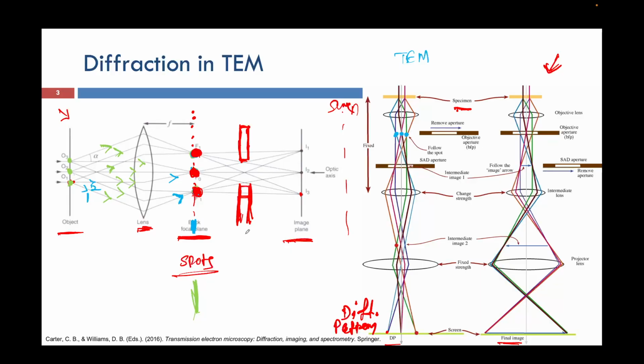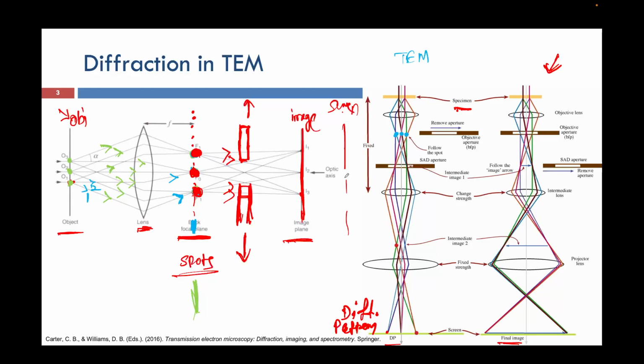Now what I did, I will remove this SAED aperture, that means the selected area diffraction aperture. When I remove it, I am allowing all these rays, this ray, this ray, this ray and this ray, whichever four rays earlier I was blocking using the selected area diffraction aperture, to go and form the image plane. The moment all the rays coming from the object get assembled at the image plane,